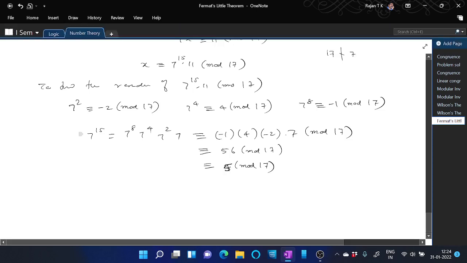It is 5 because 54 you can write as 51 plus 5. So 5 mod 17. And therefore x is congruent to 7 raised to 15 into 11 mod 17